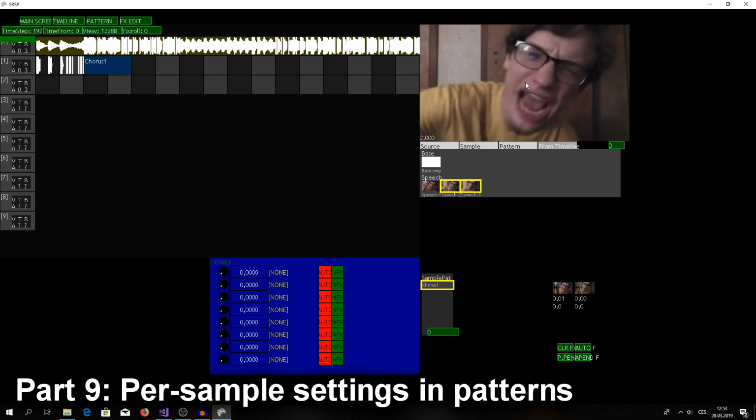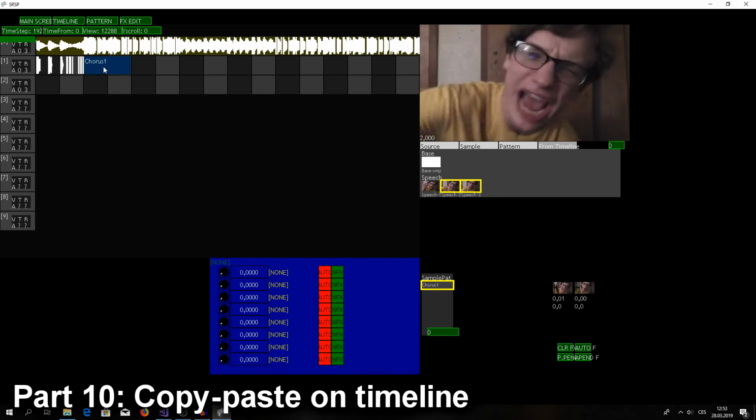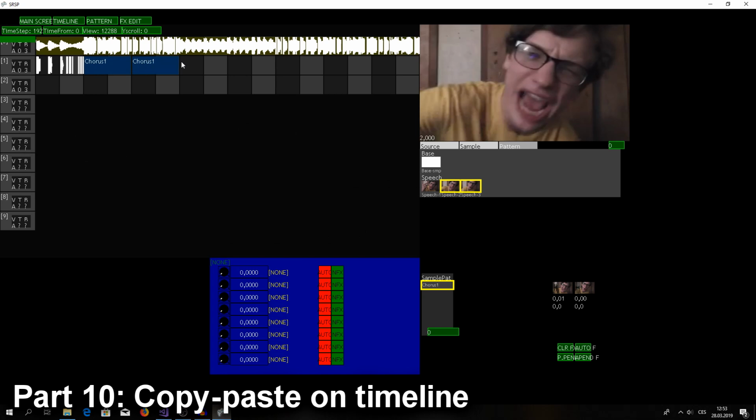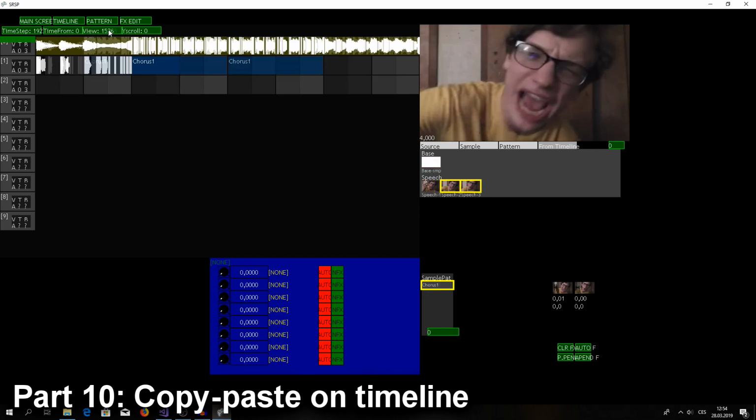So now that we are happy with our pattern, let's just use mouse scroll wheel and press it once pointing on this. This will copy the thing and set it in our media library so we can place it exactly like this somewhere else. As you can see, it has the same settings, the same pattern, the same 2 samples, and the same timing. Now zoom out,